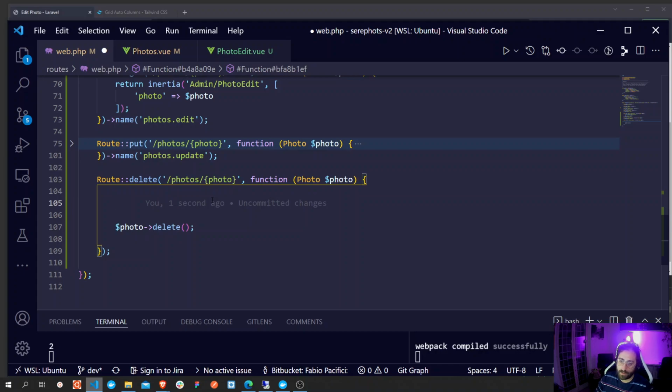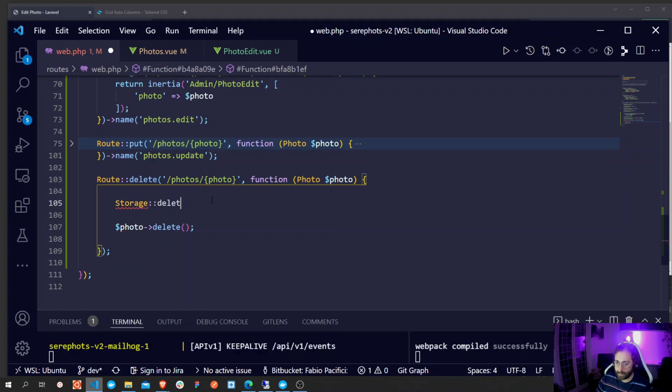So let's remove the photo from the storage. So we do storage, delete, and then we should pass the photo